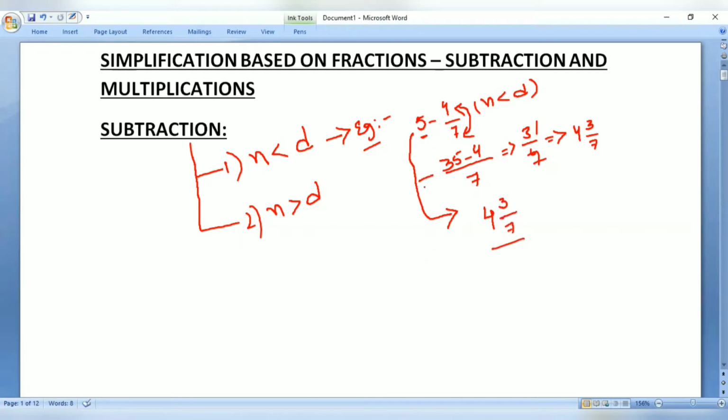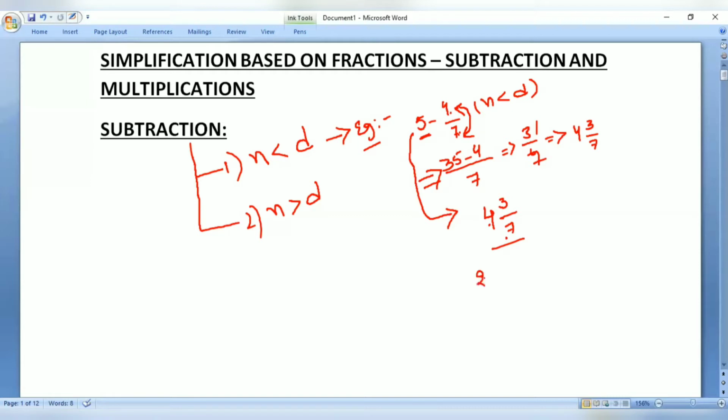Instead of doing the entire process, we will simplify this. Let us see the example one more time. Whenever a problem is given to you in such a manner and you identify that the numerator is less than the denominator, how to simplify this? First, subtract 1 from the digit. That is 5 minus 1, in our case 4. Now identify the difference between numerator and denominator in the fraction. That difference divided by the denominator will give you the answer.